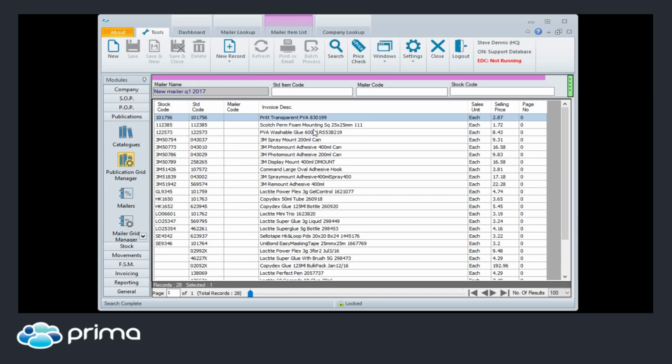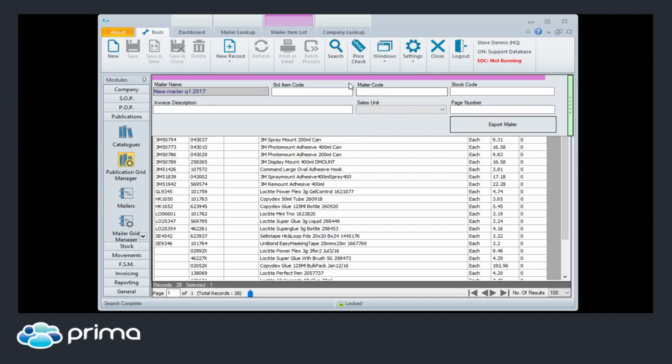I can also use the option if I click on this pink bar here, I've got this option to export the mailer. Now, customers would tend to use this option if it's the case that you've got lots of items to manage the pricing on, in which case you can export the mailer, update the pricing. So if I just show you now,